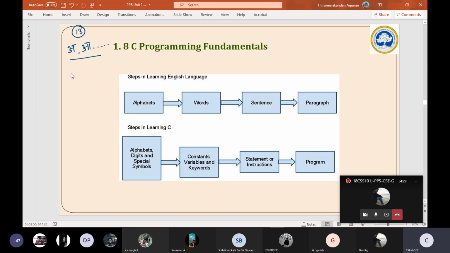We will understand the consonants. Around 30 or 20 letters are there in the consonants. By combining these vowels and consonants, we will make small words, not letters, small words.